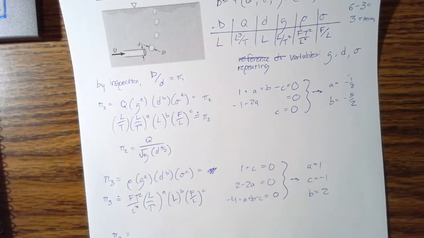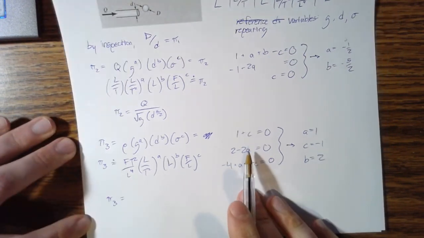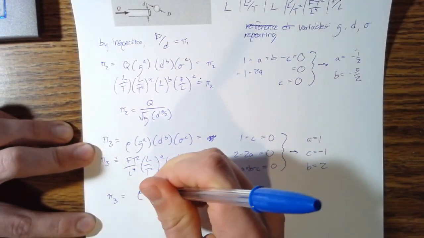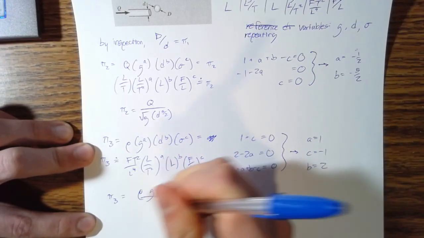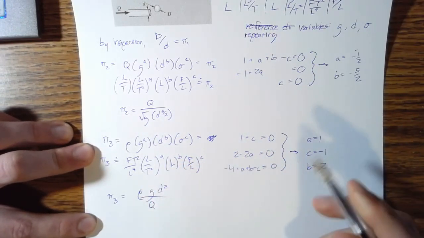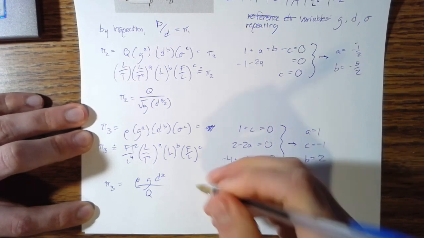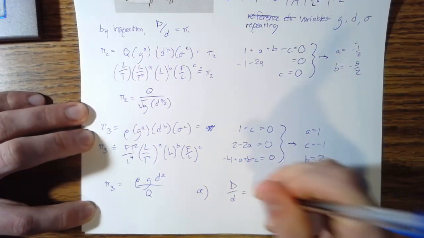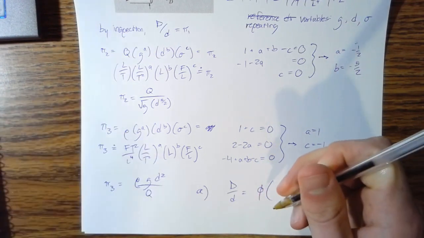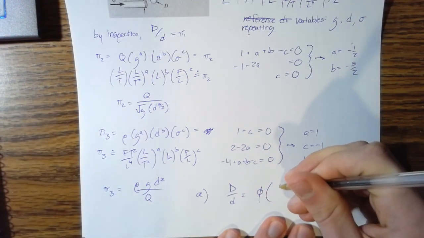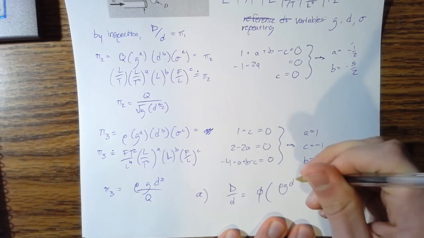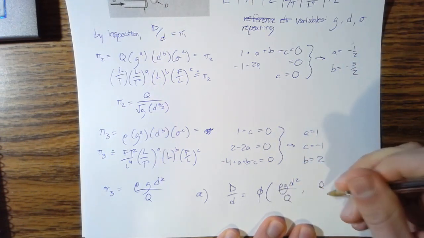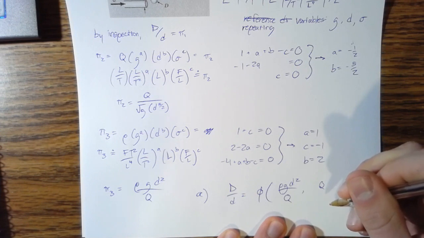I kind of went through that quickly because I already did them in my notes, but go back and check me on that. So pi 3 is rho g d squared over sigma. So for our part A, our answer is going to be D over d is a function of our other 2 pi terms, which is rho g d squared over q, and q over,